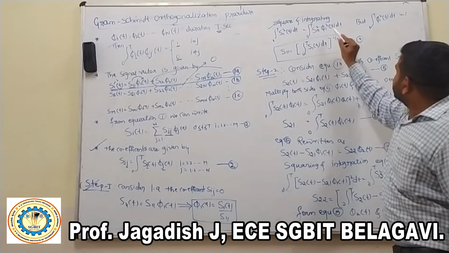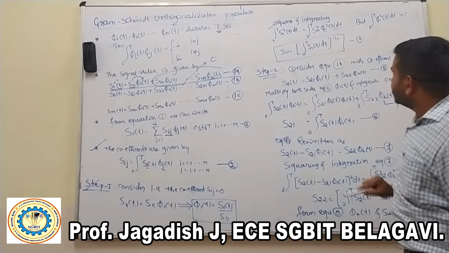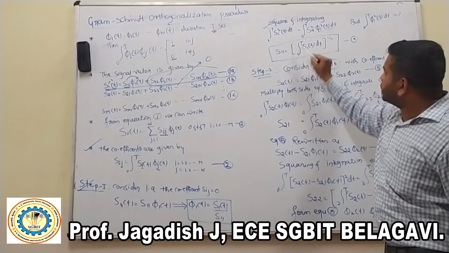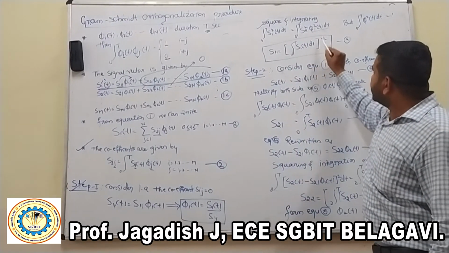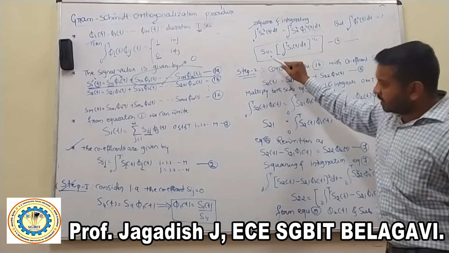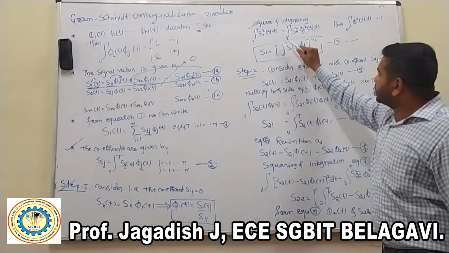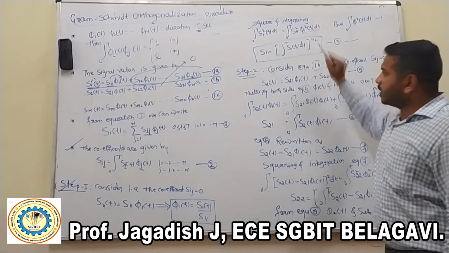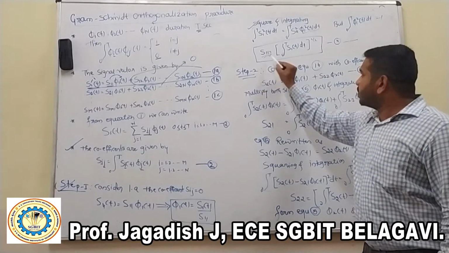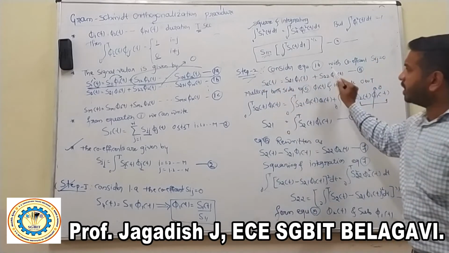We know that whenever i equals j, we get phi square of t. So S11 equals the bracket integration from 0 to T of S1 of t dt, raised to 1 by 2. Write this as equation number 1. So we have to find the S11 value, which equals integration from 0 to T of S1 of t dt raised to 1 by 2. So in step number 1 we define the S11 coefficient. Once we define S11, we consider equation 1b.